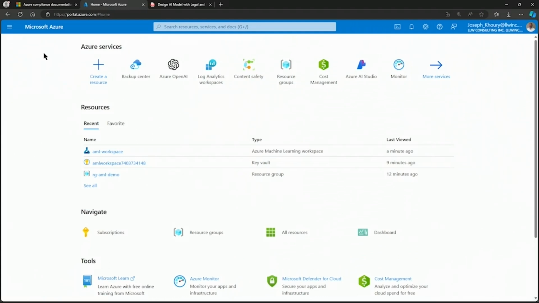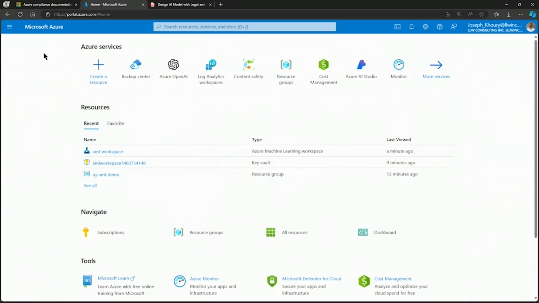And those encompass some of the major advantages to using a platform like Azure, Google Cloud Platform, AWS, or IBM Cloud. A lot of this work is done for us. For example, Microsoft Managed Keys. But by following these detailed steps, we can build robust and regulatory compliant AI models on platforms like Azure Machine Learning.